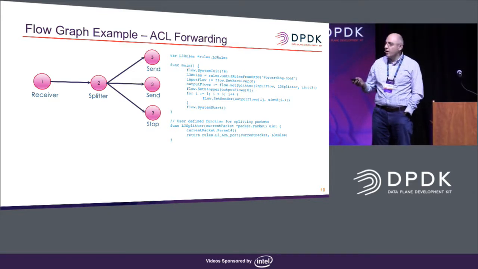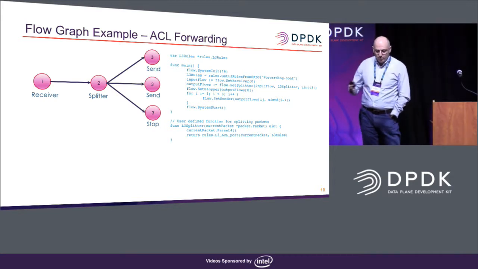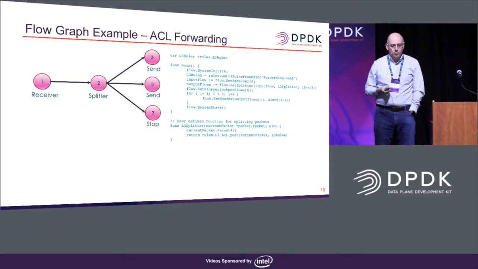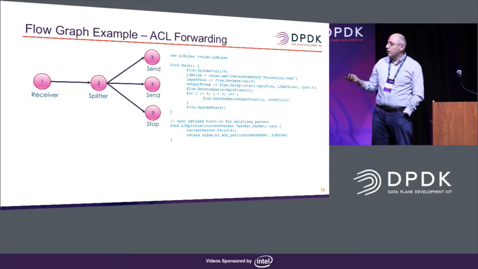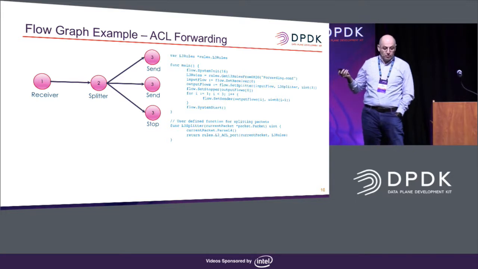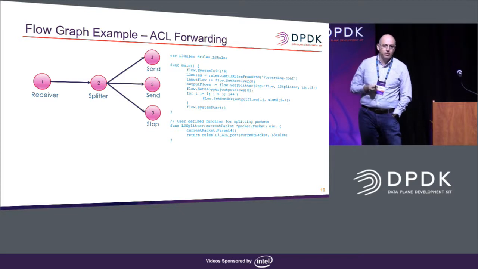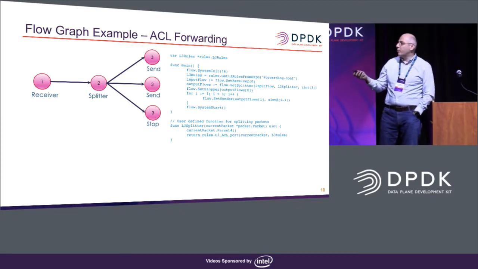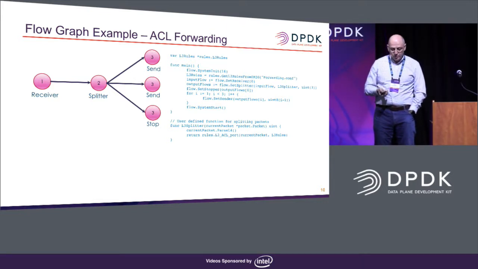This is an example. The graph is arbitrary. You can create any graph you want. There are no mandated steps, nothing, whatever you want. This allows you to do your custom packet processing very easily. The only requirement is that you need to have a starting point with the receiver, but you don't need to have the exit node as the send. You can stop or do whatever you want. So from the programmer's perspective, this is an ordinary program. Nothing else.